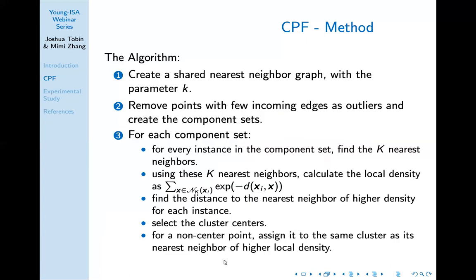Just to run through quickly the structure of the algorithm, we create the shared nearest neighbor graph with the parameter k. We remove the points with fewer incoming edges as outliers and create the component sets. Then on each component set, we find capital K nearest neighbors, which we use to compute the density. So these two parameters: little k is used to create the component graphs, and big K is used to compute the density values. We find the distance from each instance to its nearest neighbor of higher density, select the centers, and then apply the assignment strategy as in